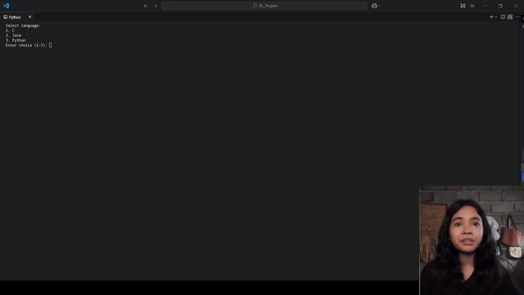So, these are the key features of our lexical project. Token recognition across multiple languages, like C, Java, and Python. Clear token output with type and value. Error detection with helpful messages. Support for multiple data types, comments, and white space handling. And an extensible and modular design to easily add more token types or support for another language.